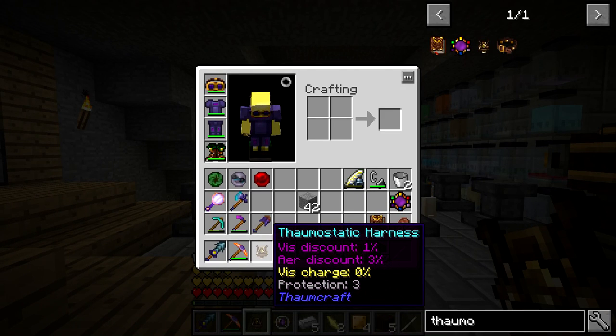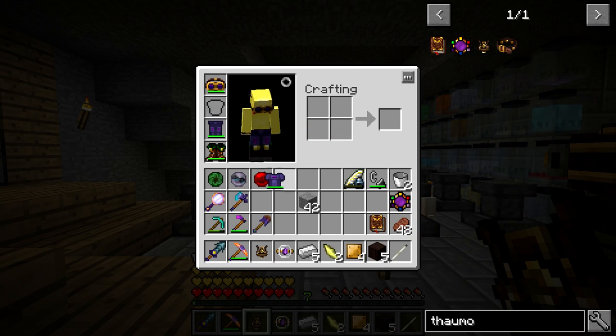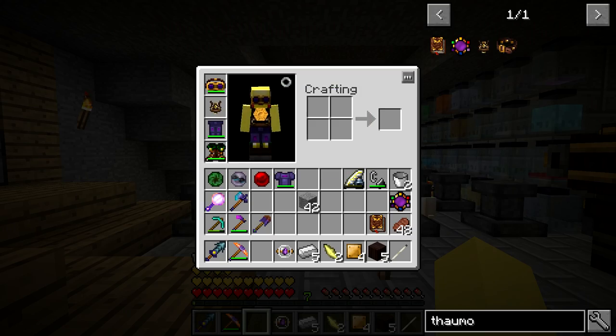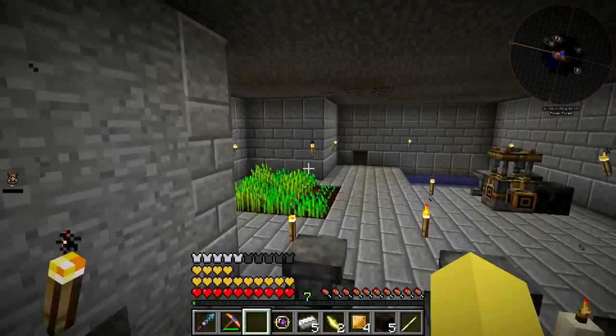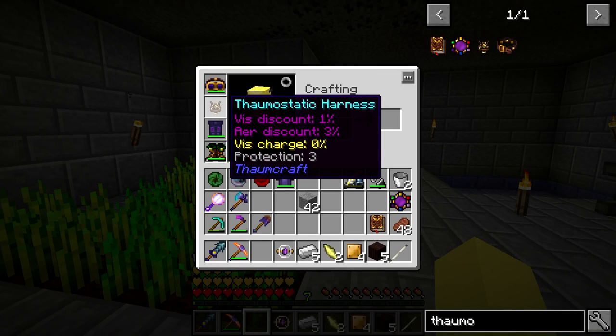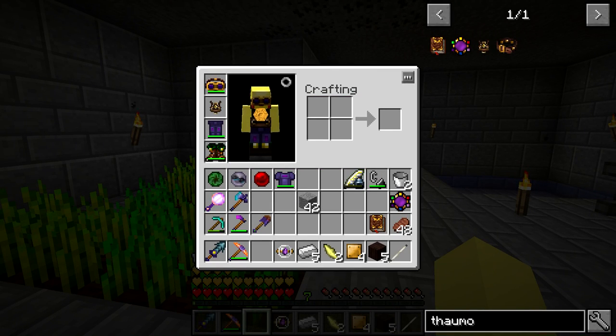It does have a couple things on it. It's not charged right now, but it does have a discount for V and air. But we can throw it on. It looks pretty weird, actually. So let's take a look at this. It does look really weird, though. I'm not a huge fan of that medallion that we're wearing right now, but other than that, I mean, we looked really cool like that, but